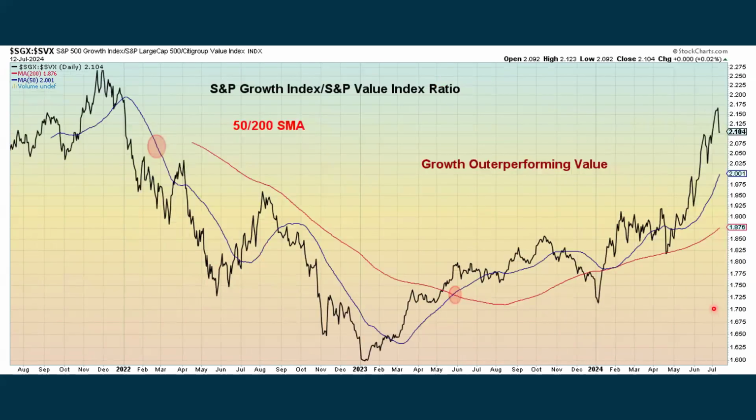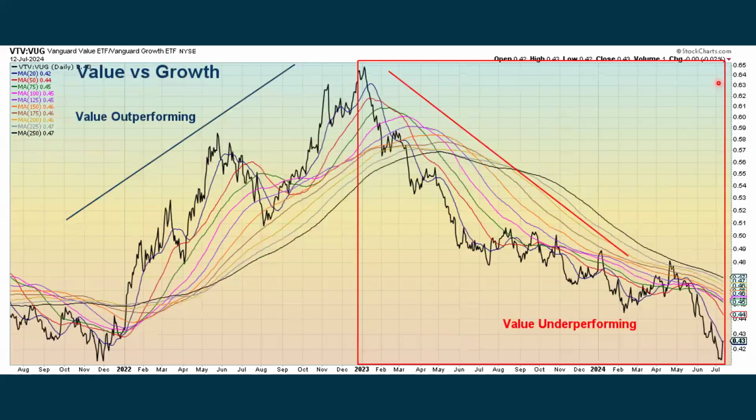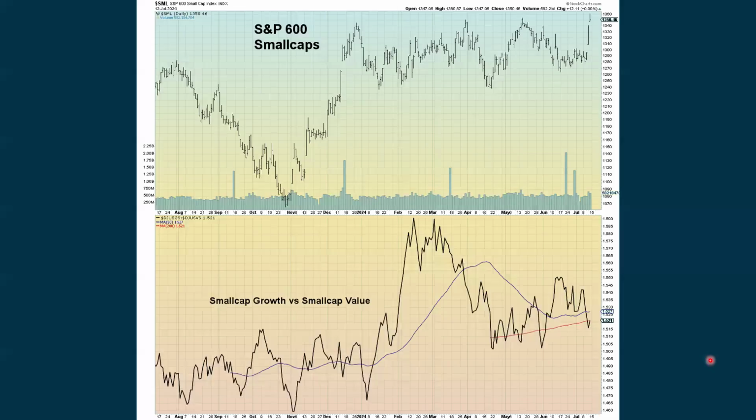Then we look at another index study here, a little shorter term time horizon, showing how growth is outperforming value. A couple of ETFs that we look at show that growth is outperforming value, even though it did pull back in Friday's session. This is value versus growth, just an inverse of what we looked at, where value has spiked up a little bit, but when you take the bigger picture, it's still underperforming.